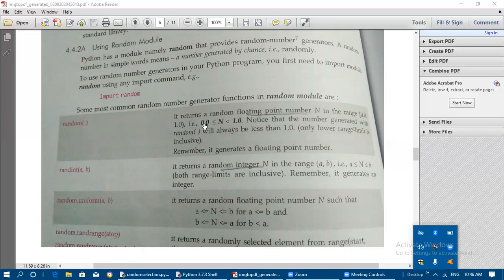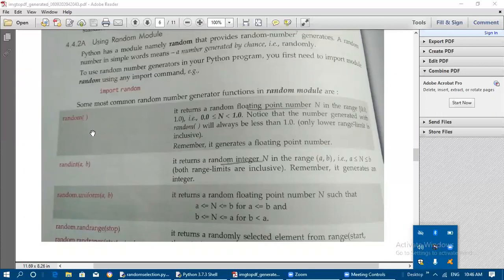From 0.0 it will generate any number randomly. Notice that the number generated with the random function will always be less than 1.0. Only the lower limit is included here, because n can be equal to 0.0, so only the lower range limit is inclusive. It generates a floating point number alone.